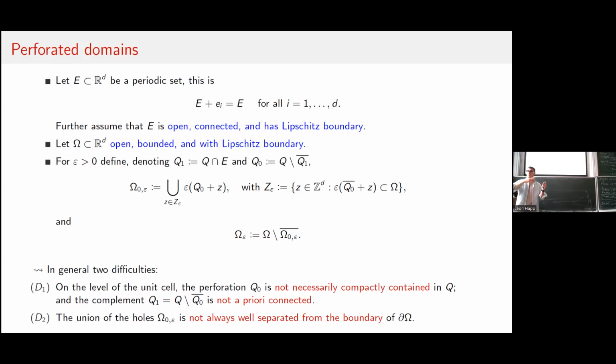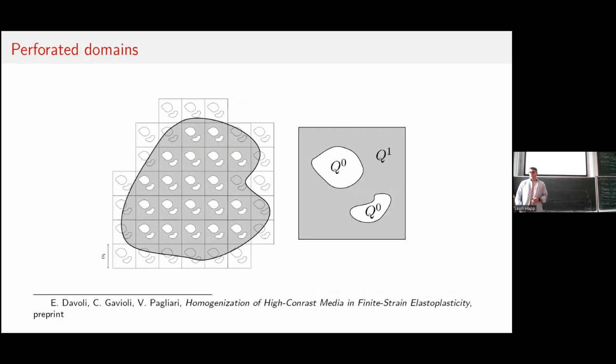Nevertheless, you see our definition sits kind of in the middle of the spectrum of possible perforated domains. You can look at ones where you really only look at holes which are completely contained on the level of the unit set, and then the most general one where you really intersect your omega just with this predefined set E. And actually, the extension operator will be, of course, tailored to the setup I described now, but also for this most general setup where you just intersect omega and E, we will have a corollary adapting to this more general case. Okay, this is kind of what you can think about here.